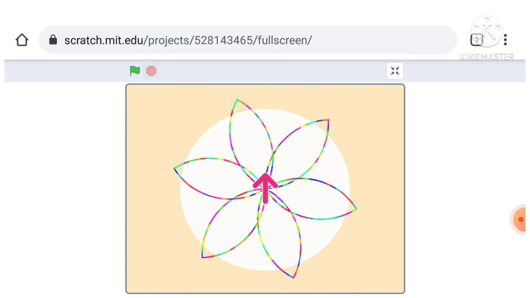So friends, as you have seen, the sound is also there, the light backdrop is also there, and the arrow is making flower petals. It looks very pretty and stunning. Even the colors are in 200 and it's making them, and its position is in the middle. So friends, it's a very pretty, nice and stunning animation on Scratch. You can also make it.